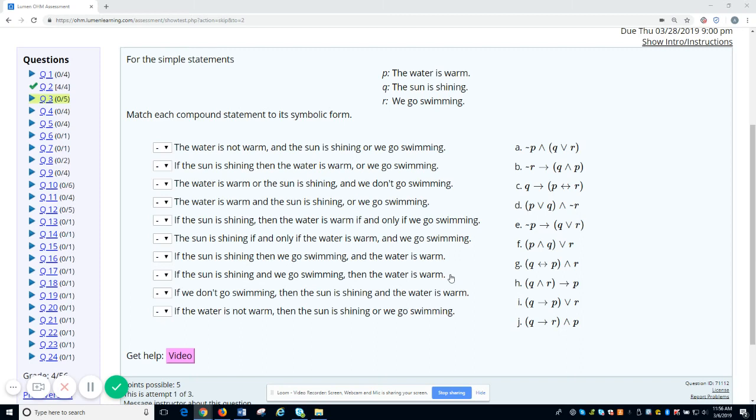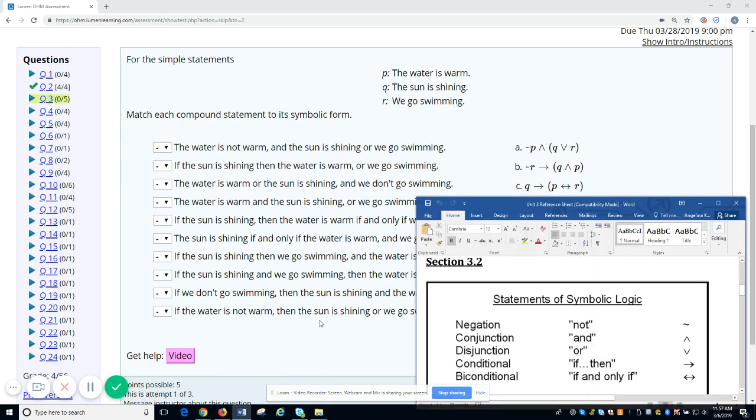So our task is to translate verbal statements into symbols or vice versa. So I'm going to translate a couple of sentences into symbols and then also look at symbolic statements and translate those to kind of go both ways. And so in your reference sheet, you should be looking at